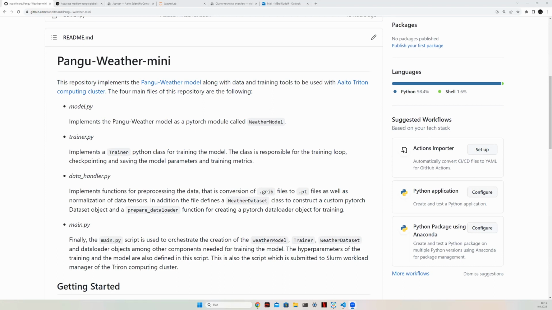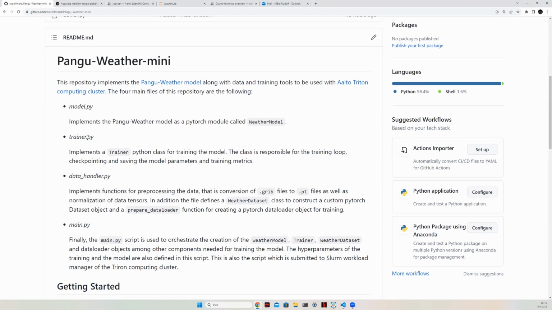Okay, so this repository implements the Pangu weather prediction model, and it consists of 4 main Python files or scripts. First off, we have the model implementation, which just contains the definition of the model.